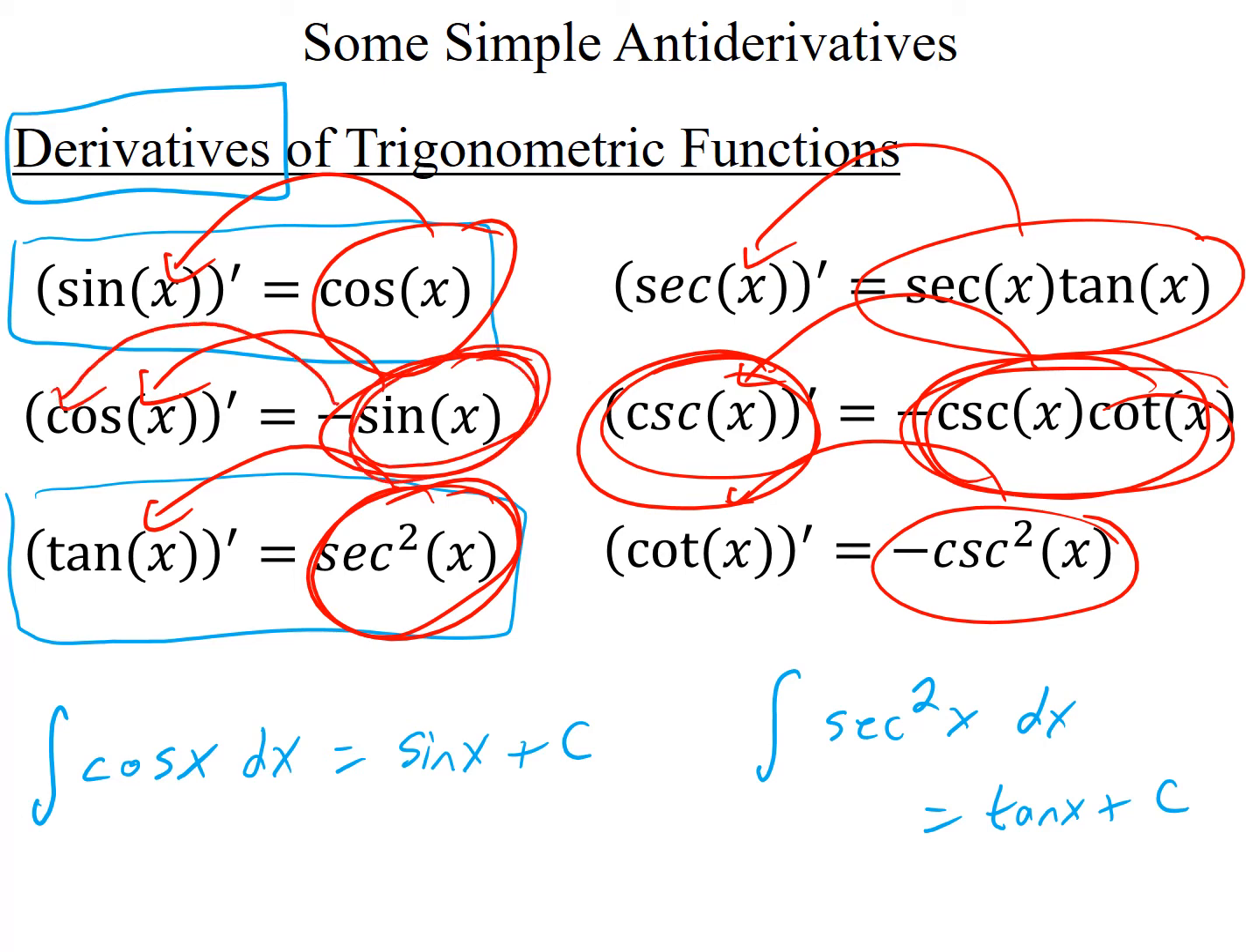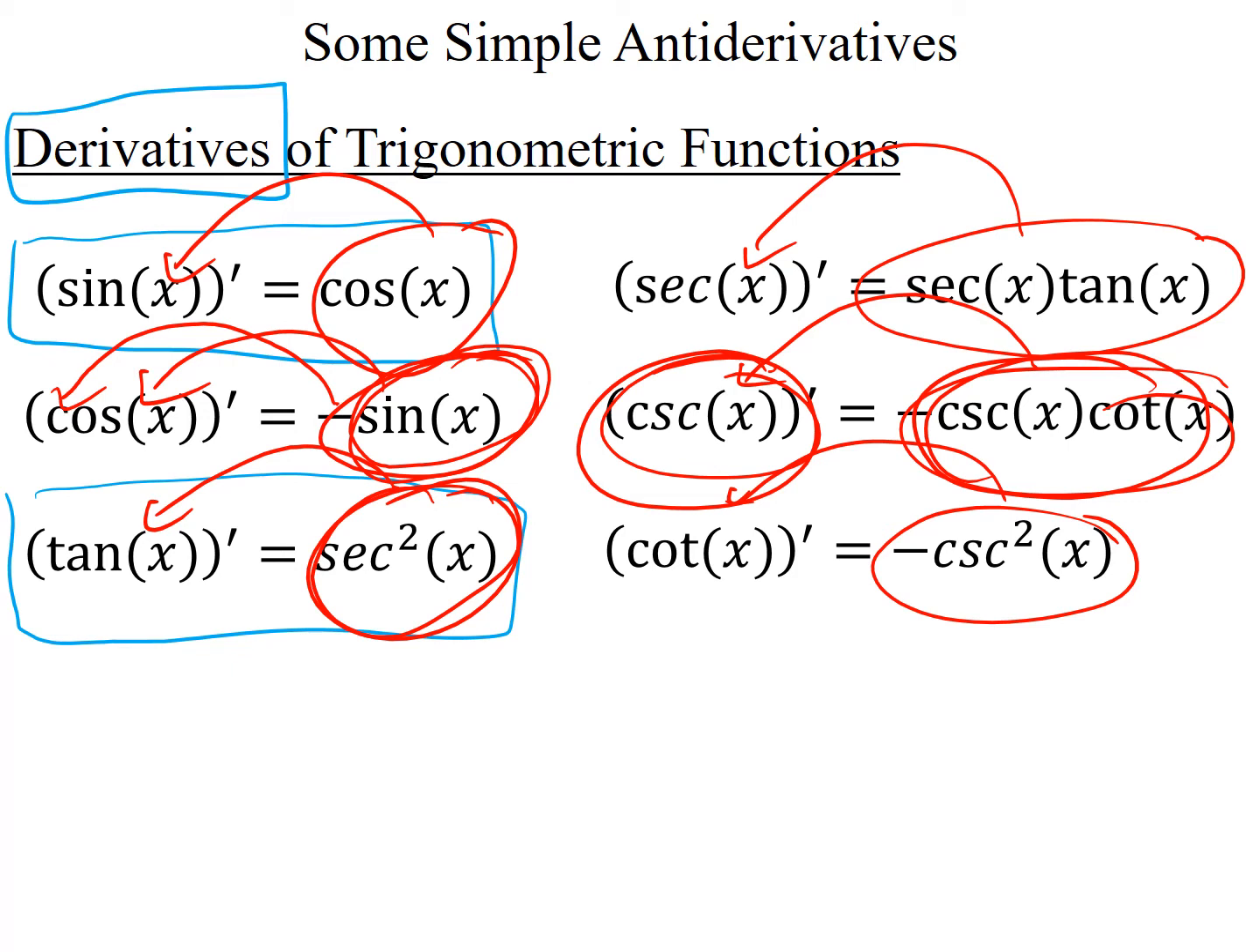Because, for example, you know that the derivative of cosine is negative sine. But what if I wanted the antiderivative of just sine? Couple ways to do it. But let's just do it like this. What's the